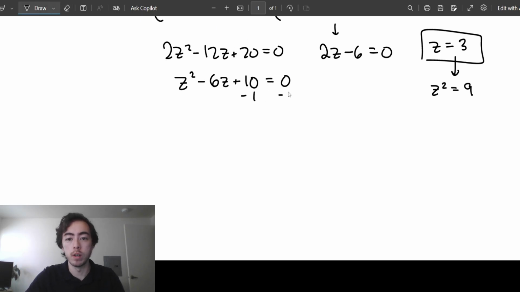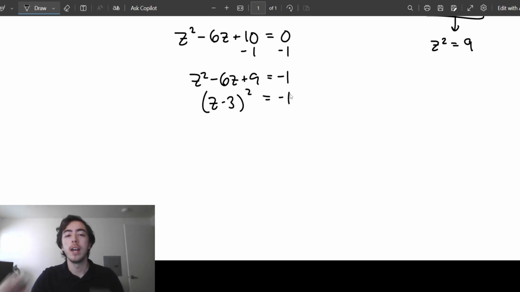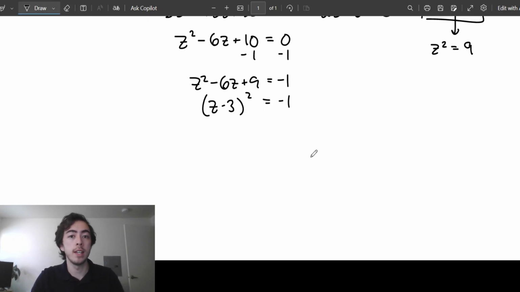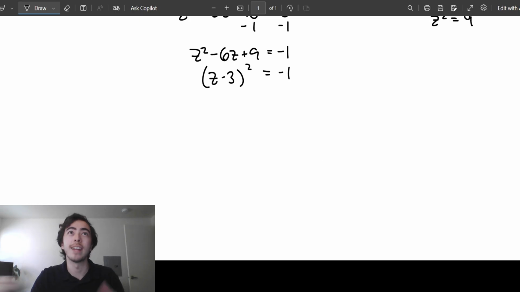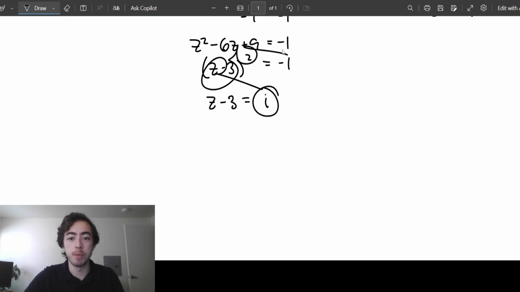So we could subtract 1 on both sides. We get z squared minus 6z plus 9 equals negative 1. This is just z minus 3 squared equals negative 1. And normally this never happens, because with real numbers, when we square them, we always get a non-negative output. But if we're working with complex numbers, we can get a negative output here. Essentially, z minus 3 must be equal to i, because if we square i, just by definition, we get